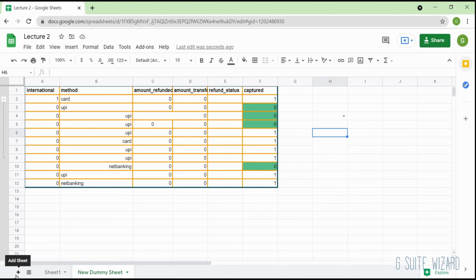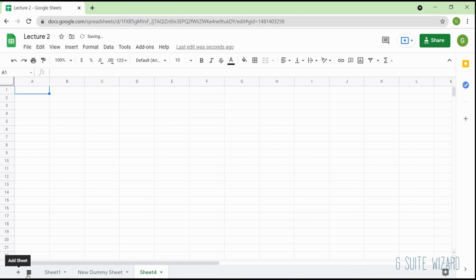And if you see this, there's a button add sheet. A sheet gets added whenever you click that button. Then there is an all sheets button. Let's say there are more than 20-30 sheets. Then you would have to start scrolling your tab over here at the bottom, or you can directly go to this all sheets button and scroll up and down and you'll be able to see all the sheets over there.